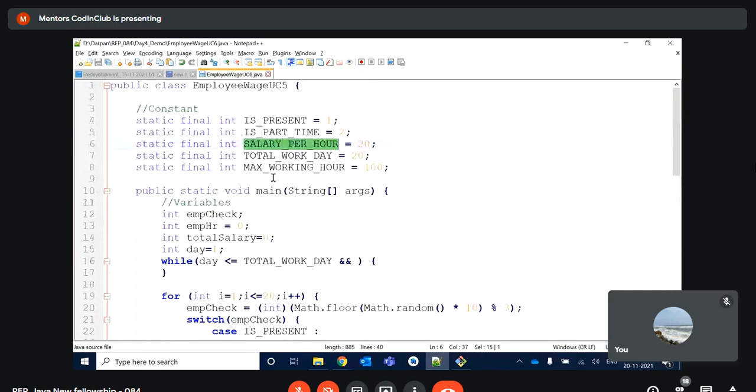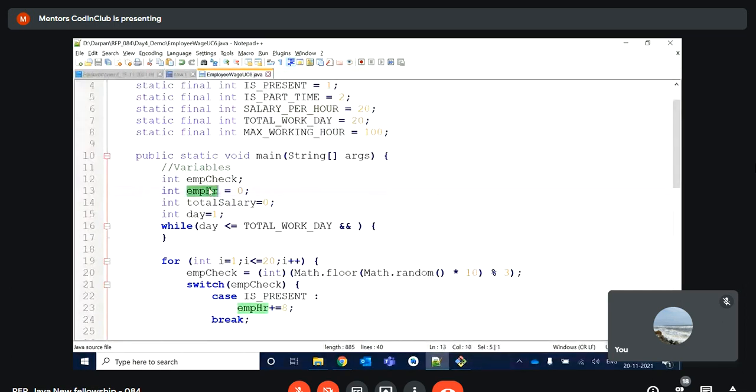So employee hours should be less than or equal to 100. And in place of this 100 we will use the constant variable max working hour.